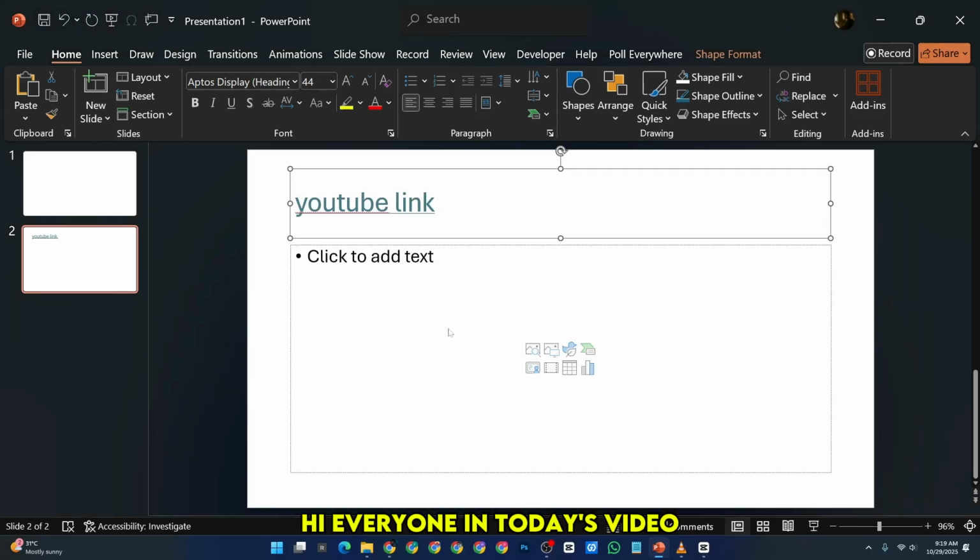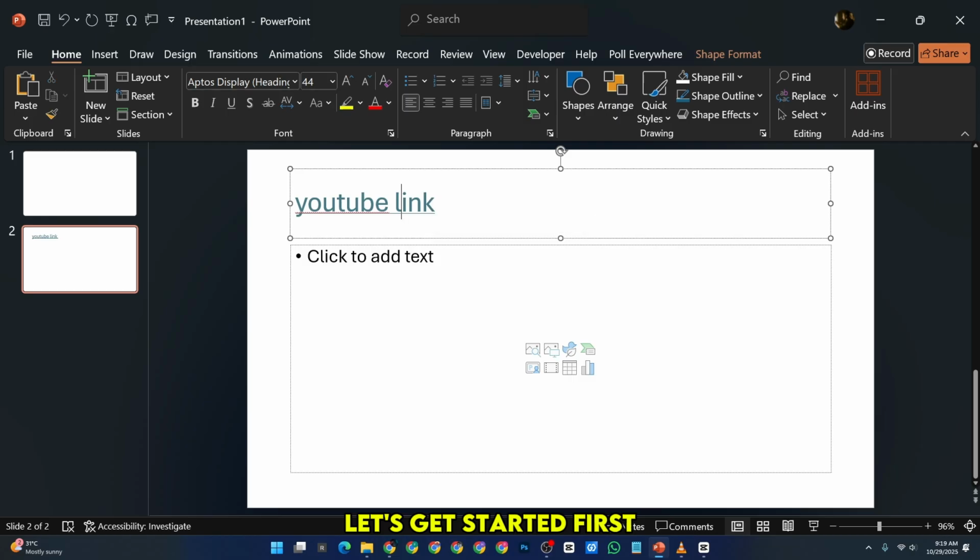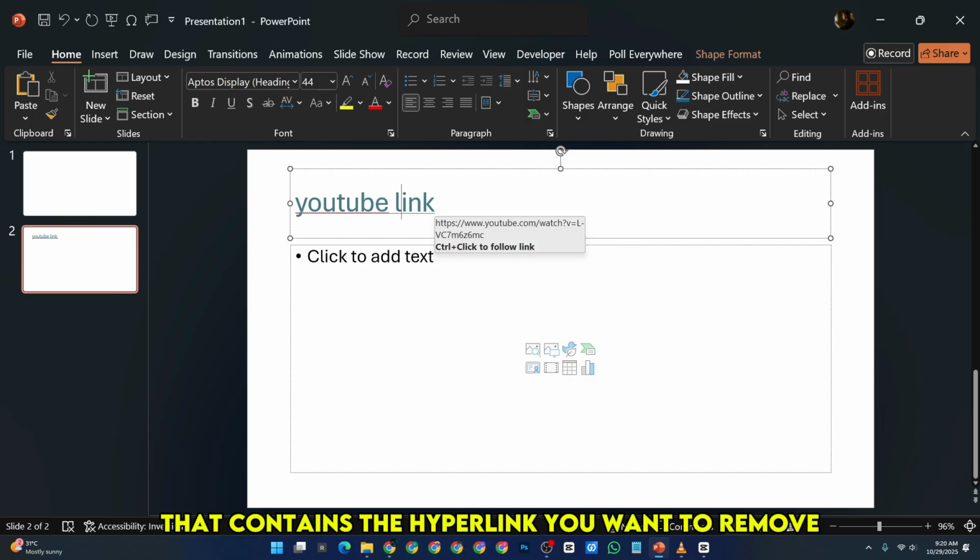Hi everyone, in today's video, I'm going to show you how to remove a link in PowerPoint, a quick and easy way to clean up your slides and make your presentation look more professional. Let's get started. First, open PowerPoint on your computer and then open the presentation that contains the hyperlink you want